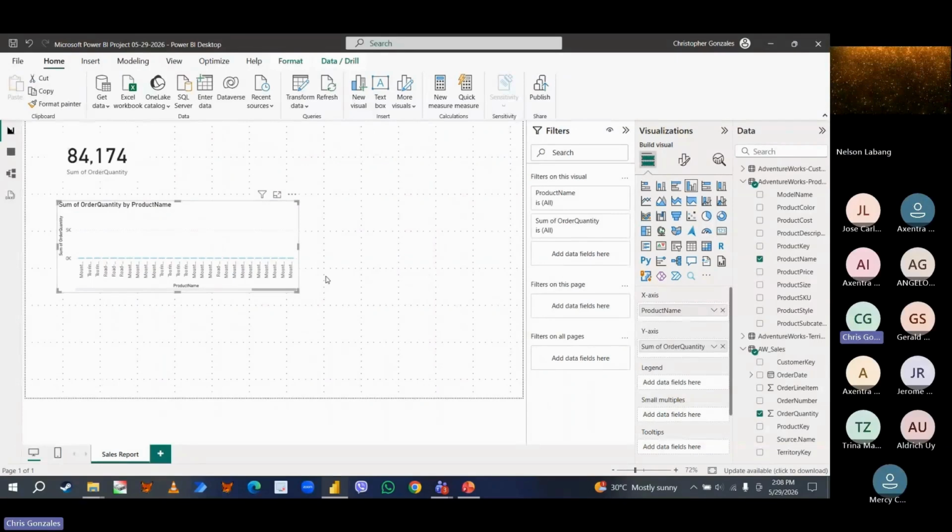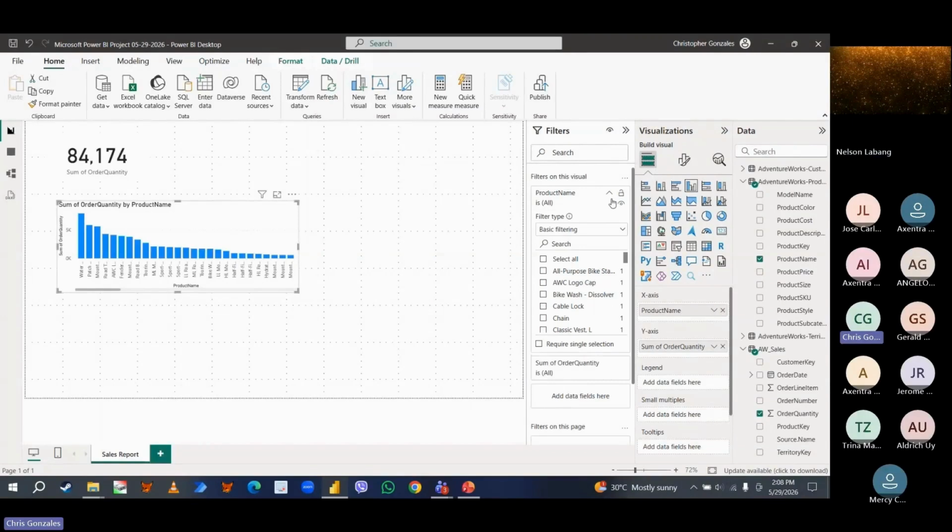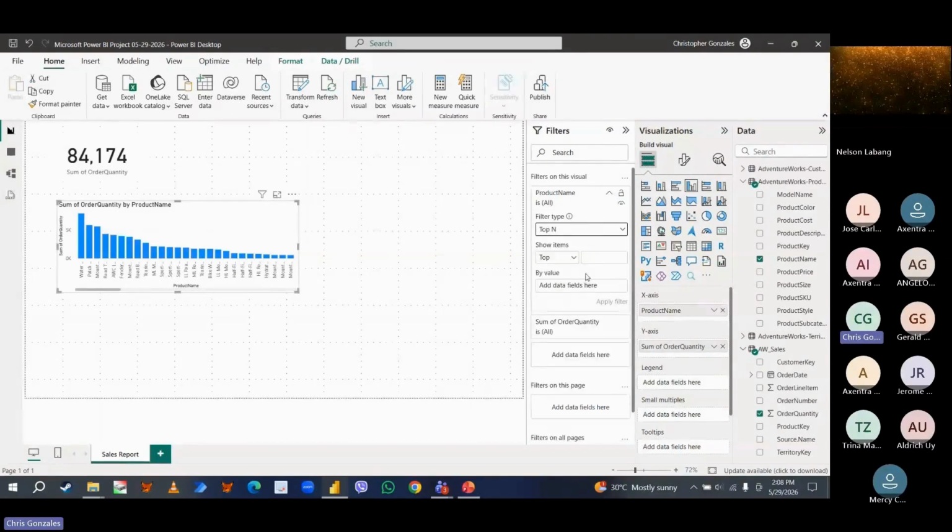All right. So we have 293 products, but not all products have yet been sold to customers. So if you want to see all products sold, this is what we have. Okay. However, I need the top 10 only. If you want to display the top 10 products, we have the filter buttons here. Under the product name, you can choose basic filter and change that to top 10.